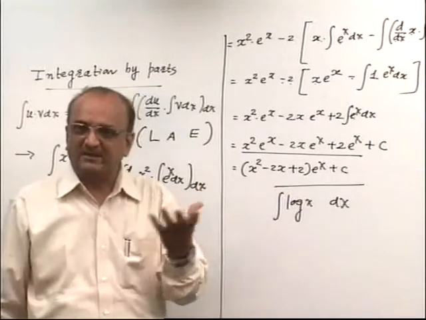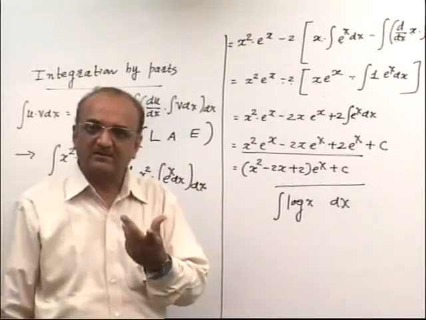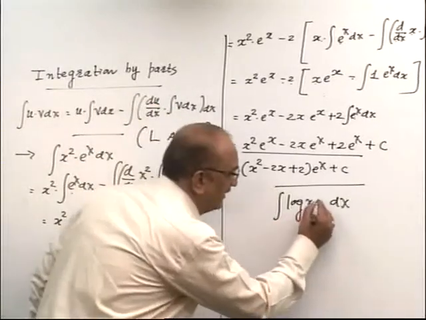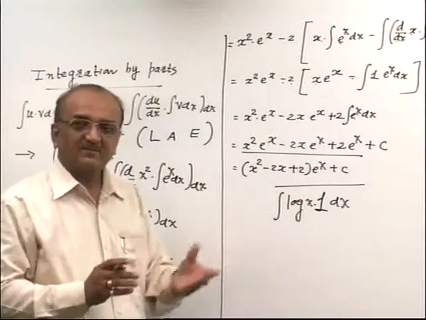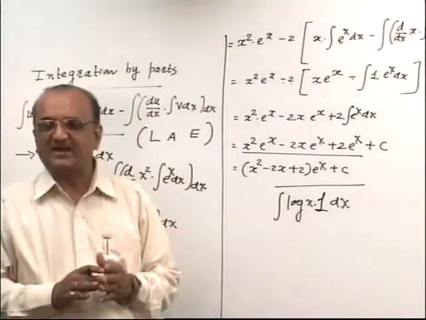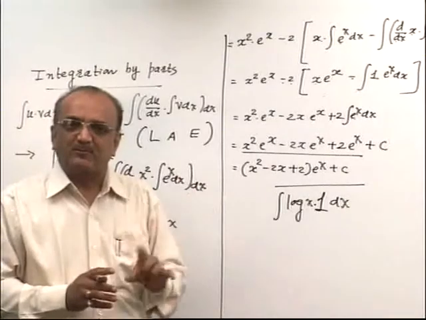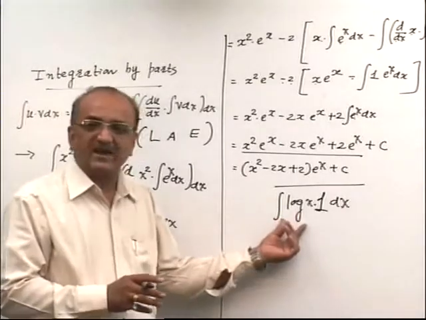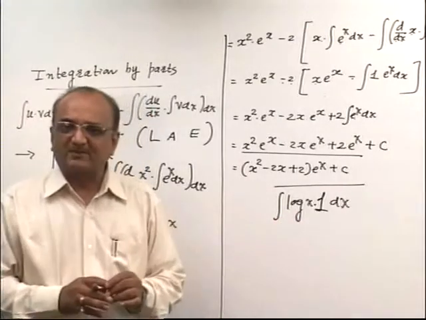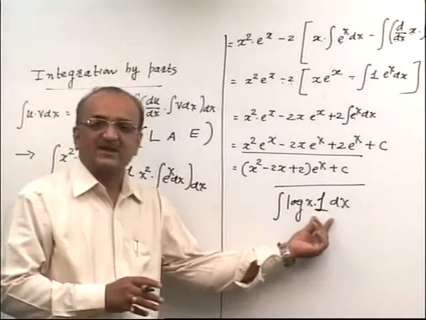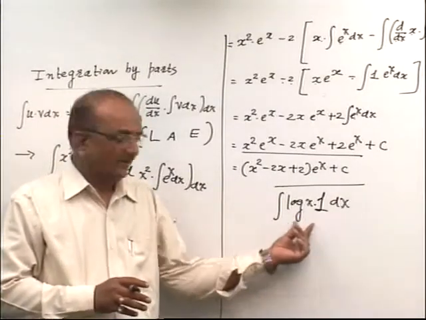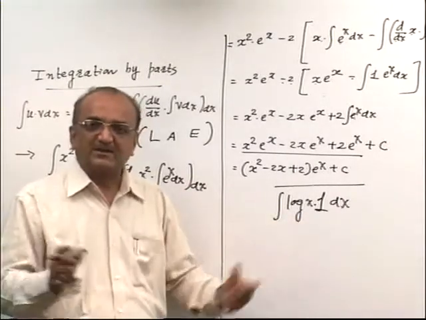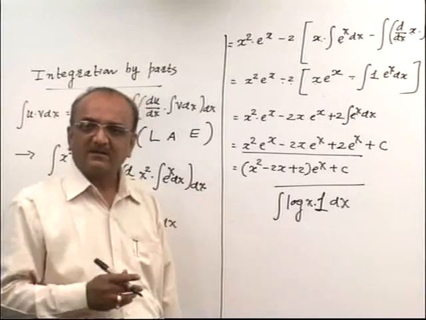The question arises here: how to solve the example? We require u and v. Here at least only one function is given. For the solution of this example, you can write log x into 1 dx, because 1 is the neutral value for multiplication. Now you must understand: log x is the L, and 1 is the arithmetic part, a constant term, you may consider as v. Log x is u and 1 is v. You can substitute this value in the formula again.